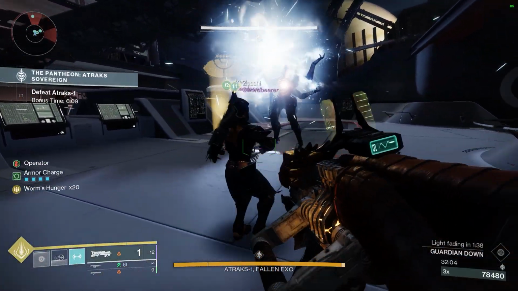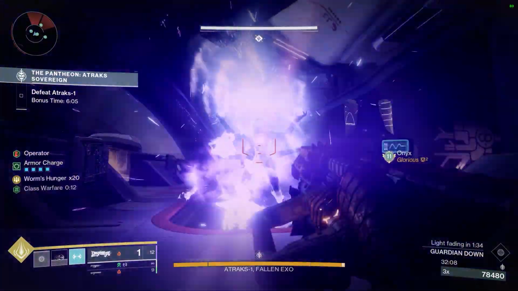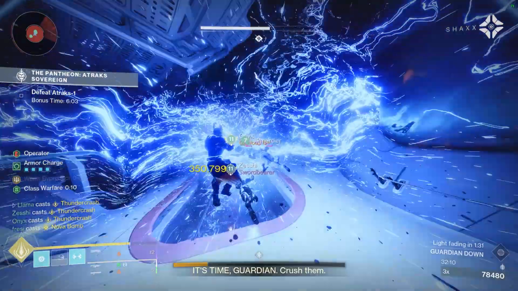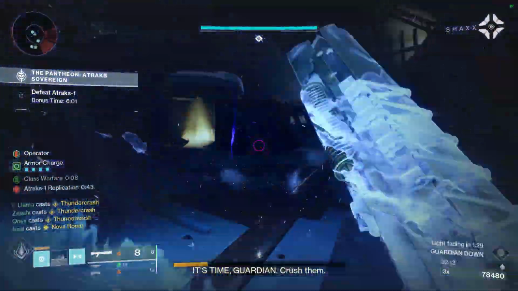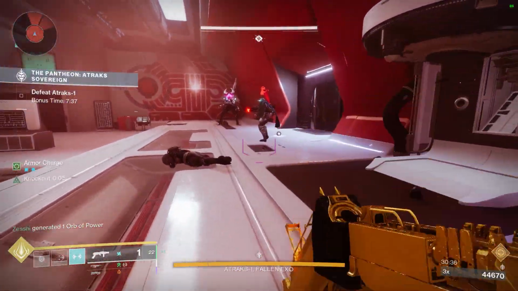Finally, for Atraks, the classic multi-Titan strat works wonders, as you can see here. 3, 2, 1, nade, go. Okay, nice. But in general, the best thing to do is to equip your class's best damage super,